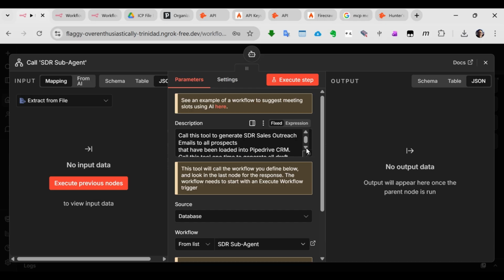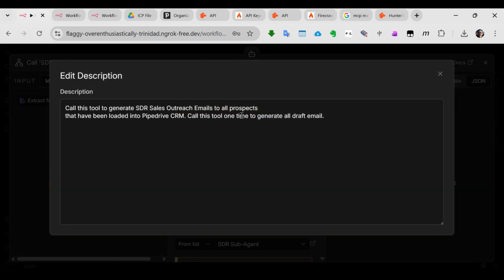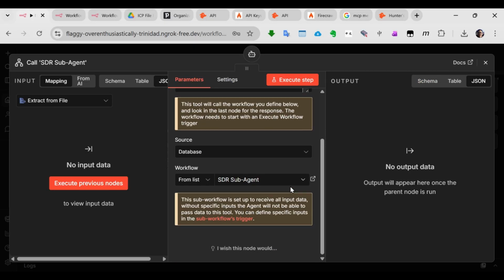Again, every sub-agent that we create as a tool, we have to specify the tool description. So here I've specified that this tool is to generate outreach emails to all prospects that have been loaded in Pipedrive. Call this tool one time to generate all draft emails. Okay. And the SDR sub-agent in n8n is implemented as a separate workflow, and this node is called